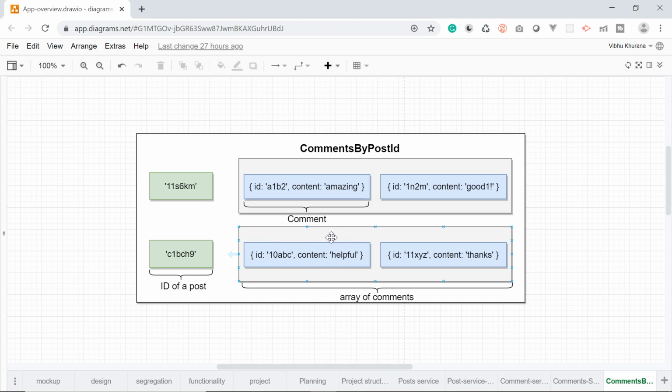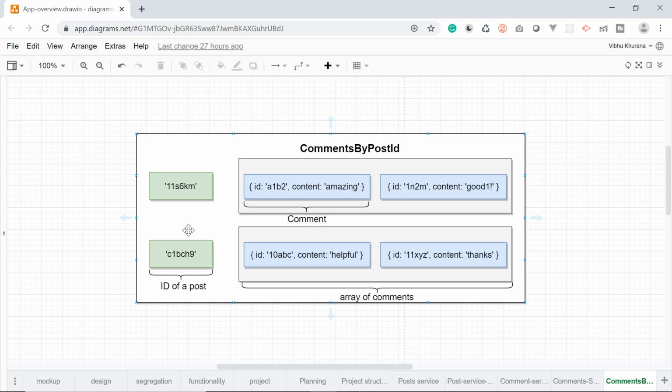So here is comment number 1, comment number 2 and so on. So this is going to make it really easy and straightforward to look up all the comments associated with some given post by post ID. All we have to do is reach into the comments by post ID object and then it will automatically fetch all the related comments by using the post ID.